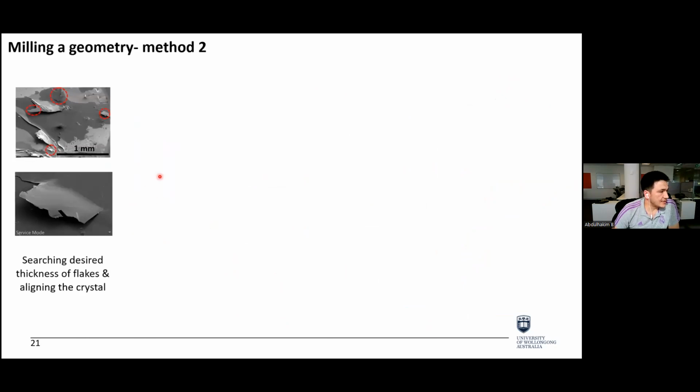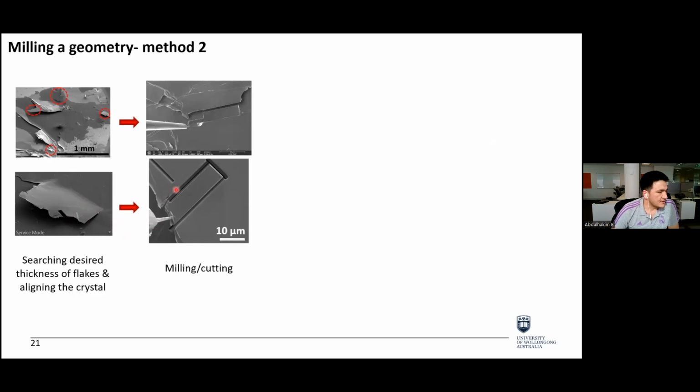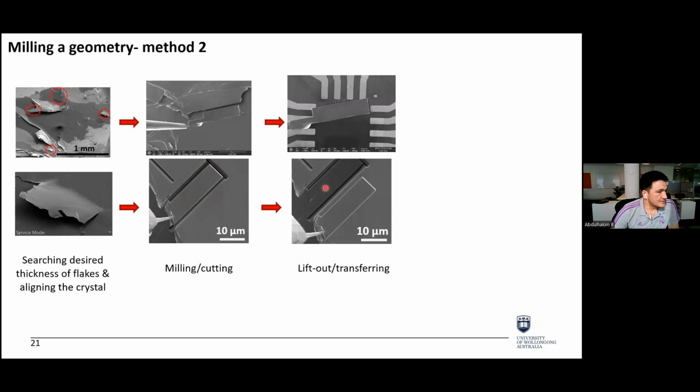And there is another way of even further reducing the ion beam damage during device fabrication. First, I do the exfoliation, and then in the microscope, I look for the desired thickness of sample, and I can align the sample in a specific crystallographic orientation using EBSD. And in this case, only the edges of the sample are irradiated with the ion beam, but the front and back surface is not really